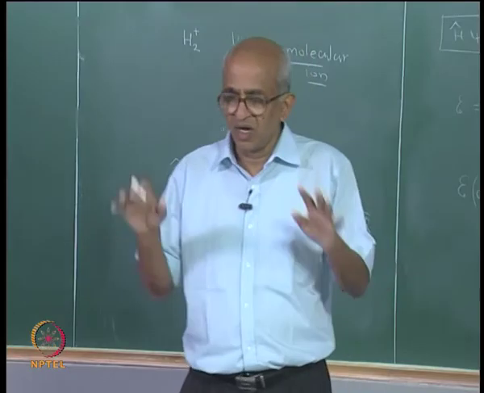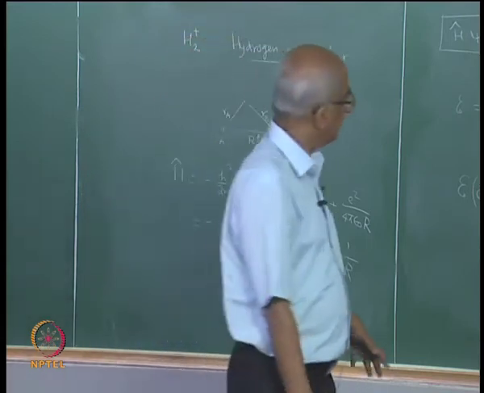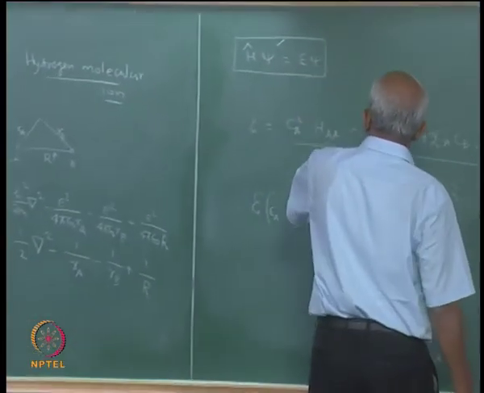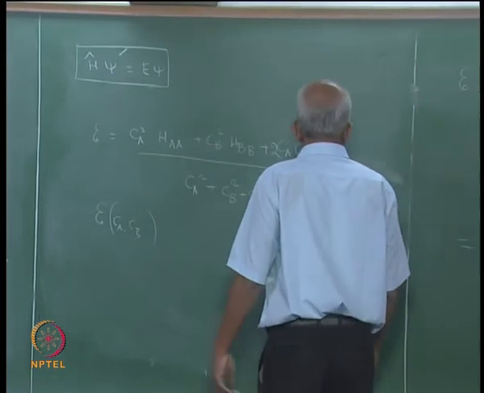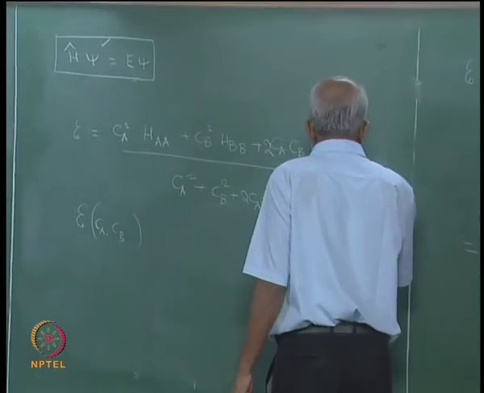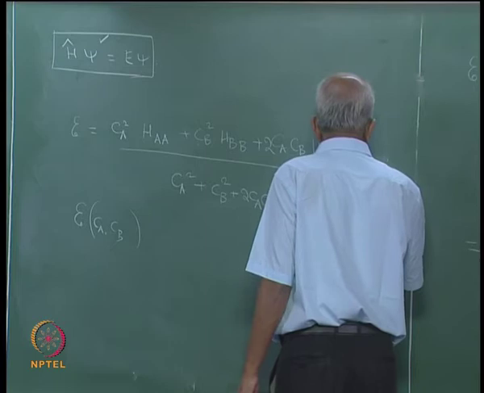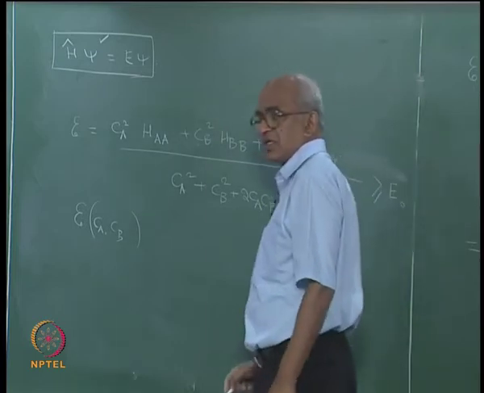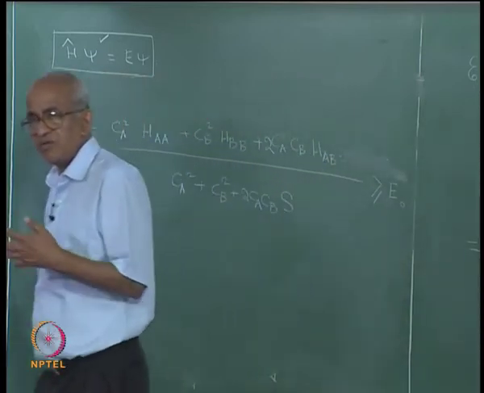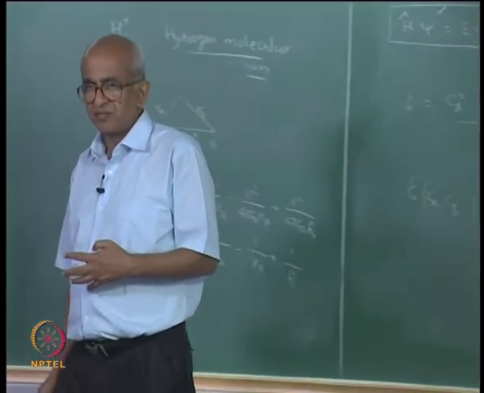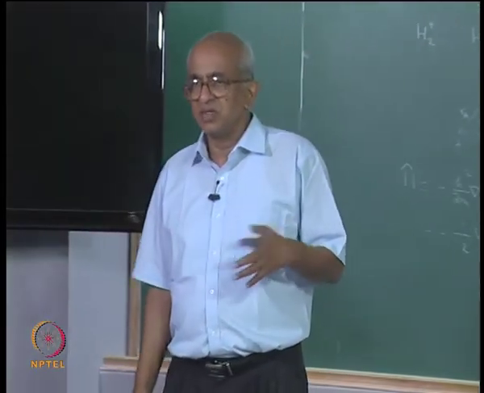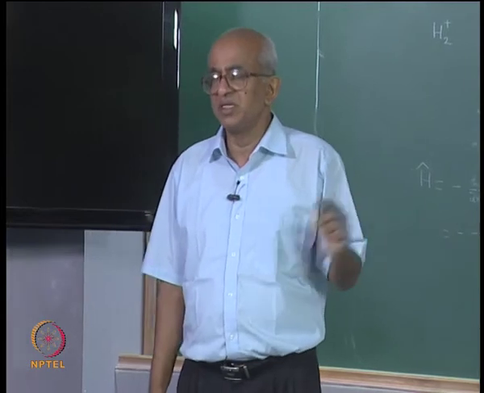So let us say you have evaluated these numbers and put them in here, and then you will get the value of script T, but I know that this has to be greater than or equal to the actual ground state energy. It does not matter what the values of Ca and Cb are. For all values of Ca and Cb, this must be true. That is what the variation theorem says,